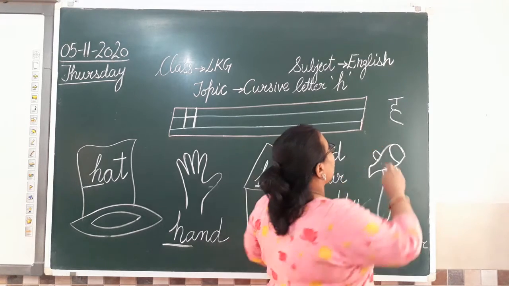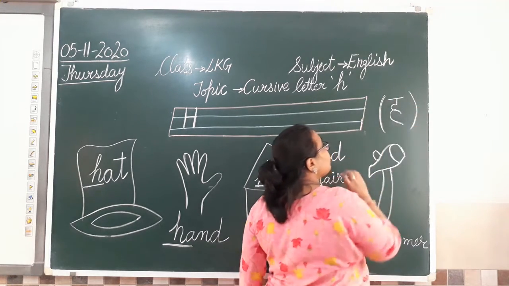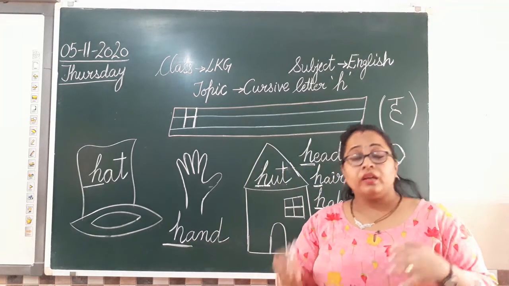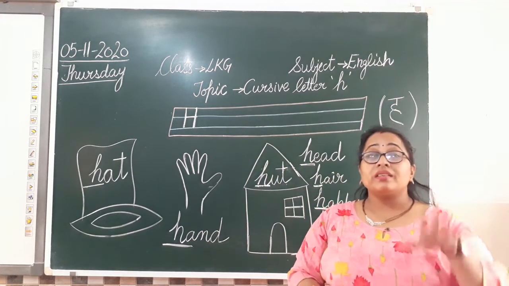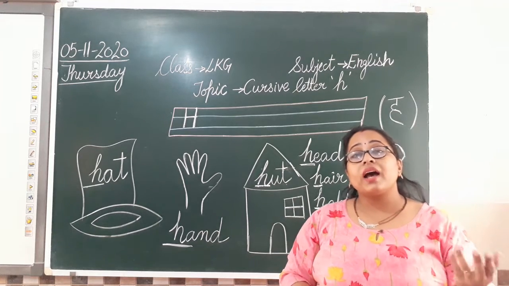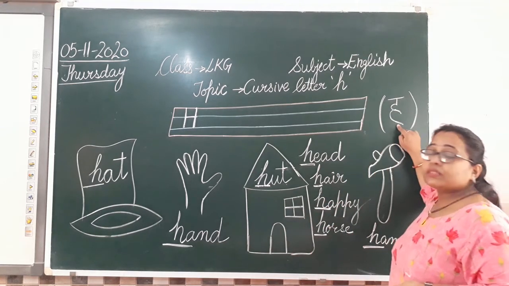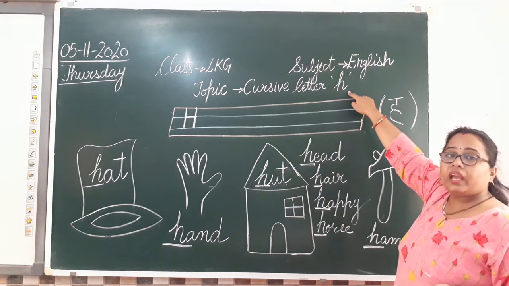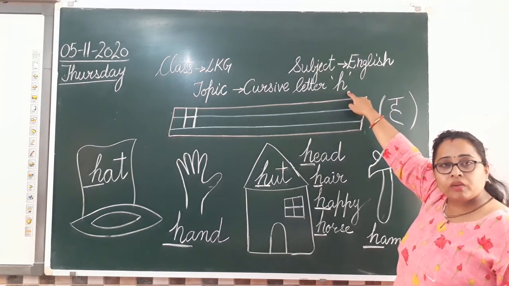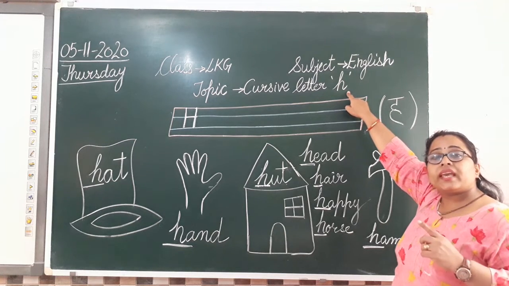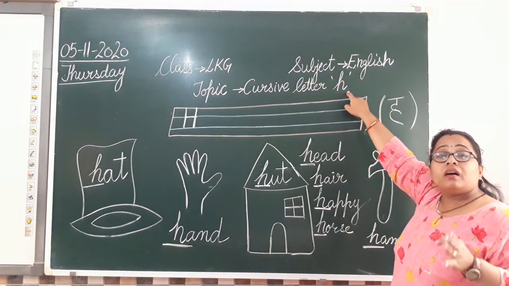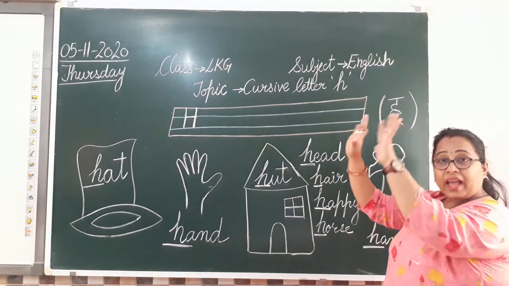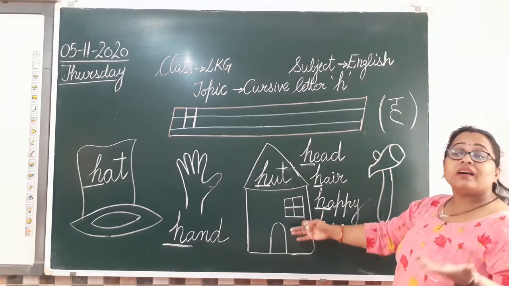Clear all? आपका जो ये वाला व्यंजन है ह व्यंजन, जिससे आपने सीखा ह से हाथी, ह से हल, ह से हाथ. So what is that? That her sound is the sound of alphabet H. Clear everyone? So H says her head, her hand, her hat.